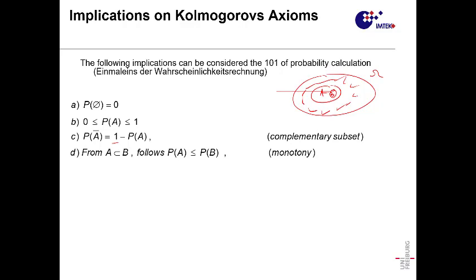The function applied to the subset A, well, sorry, it's not like this. In this case, no. In this case, A is included in B, and everything is included in omega. So, if you have this function applied to A, the value will always be less than or equal to the function applied to B. Okay? That's again because this has to go between 0 and 1.